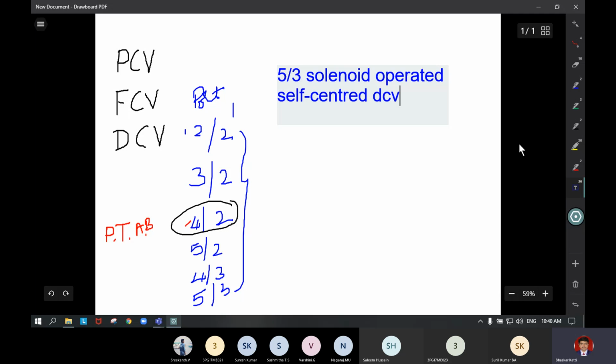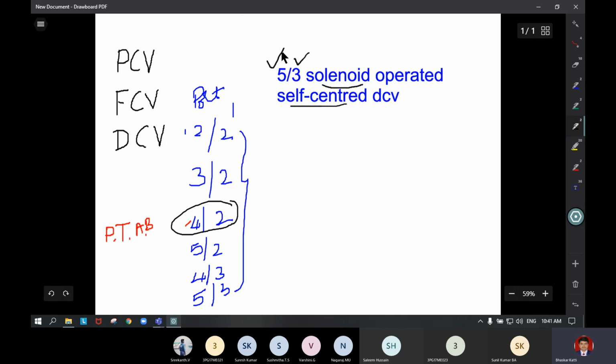So how to write the graphic symbol for this particular valve? As the name suggests here, it is 5 port, 3 positions, and it is solenoid operated and self-centered.